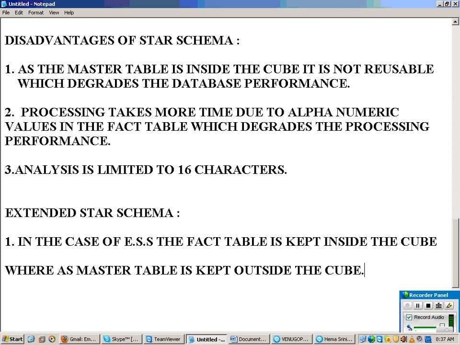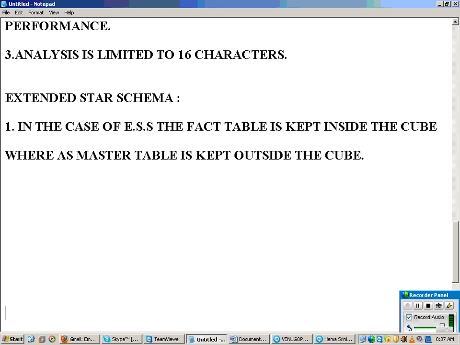So what is the extended star schema design? Your fact table is inside the cube, whereas your master table is kept outside. That means when you are creating a cube, which table is generated? Fact table. The master table is not generated when you are creating a cube. We will say the master table is generated when we are creating an info object itself. Two separate levels now. The master table is outside the cube. The transaction table is inside the cube. So now, see the basic difference.